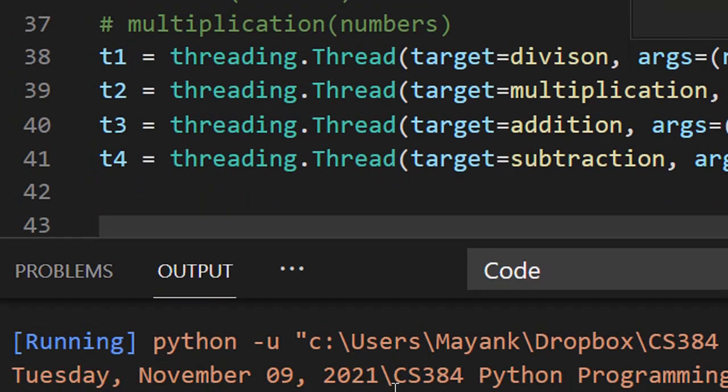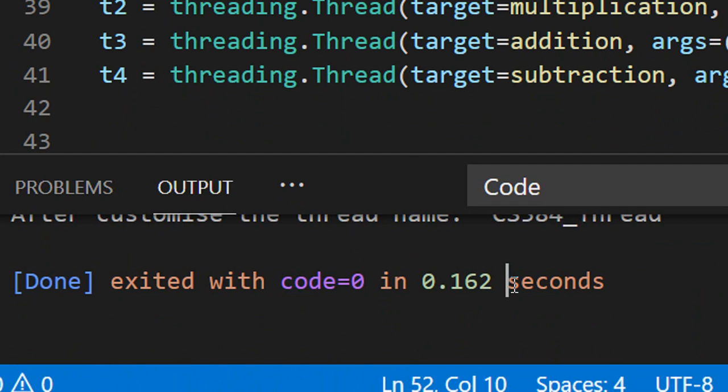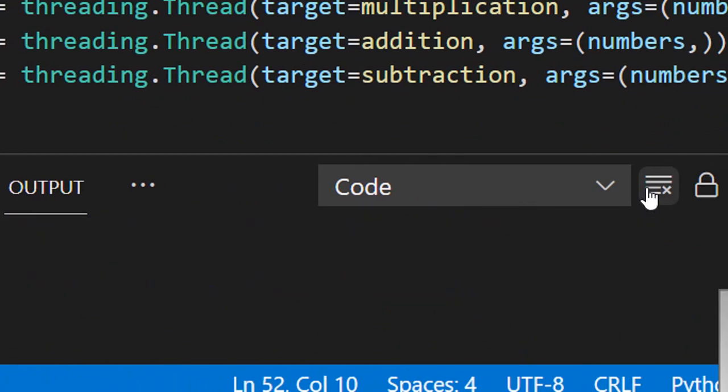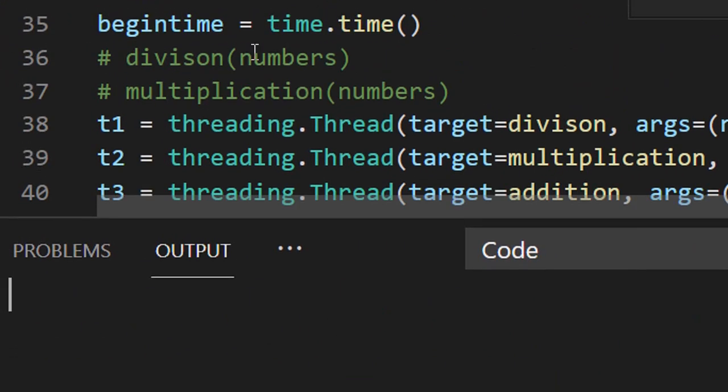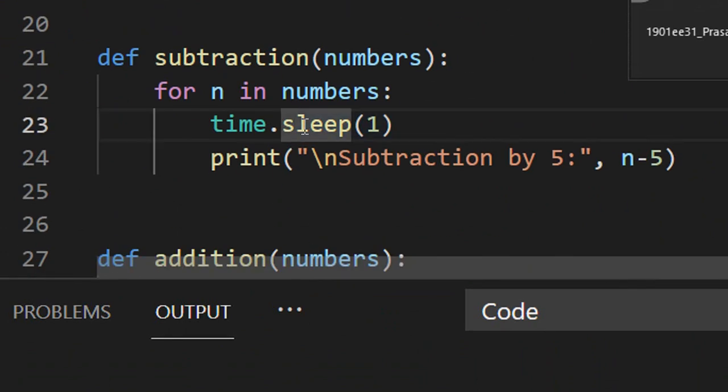Right, so now if you see in this case class, let me just clear out. So in this case you can see every function has a sleep of 1 second, and we have five numbers. So every function will have a delay of 5 seconds. If it were serial execution, it will take 5 plus 5 plus 5 plus 5, because we have four functions, 20 seconds plus some milliseconds for computation of these operations.